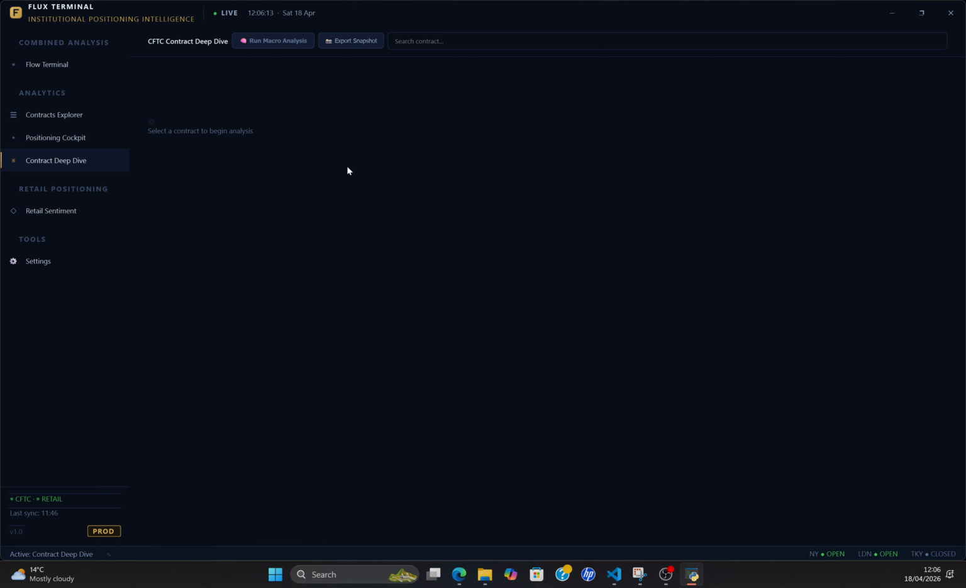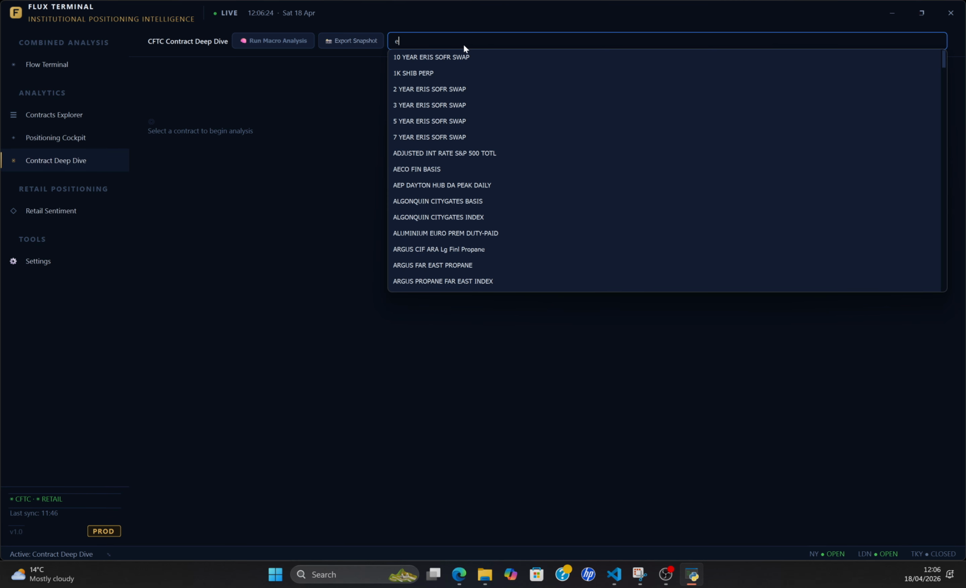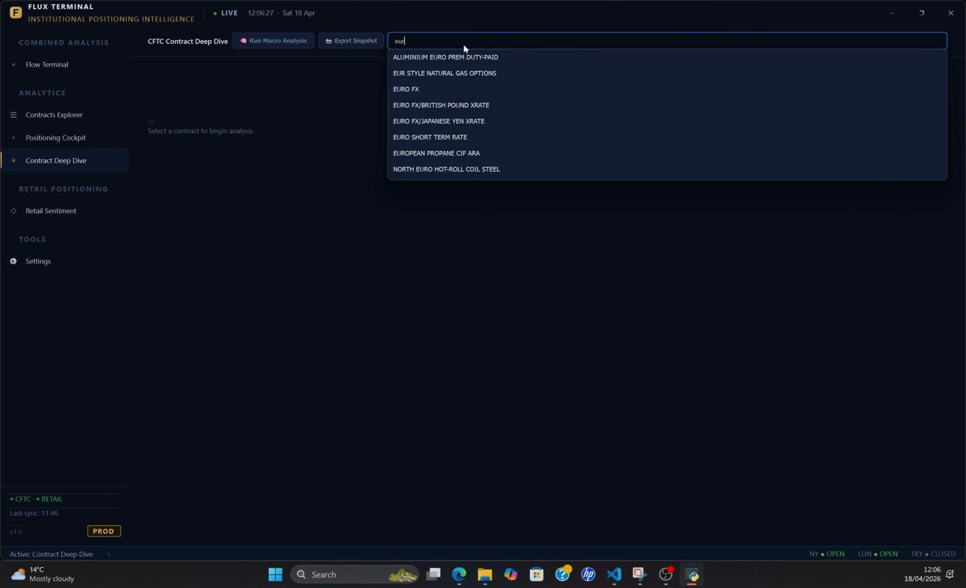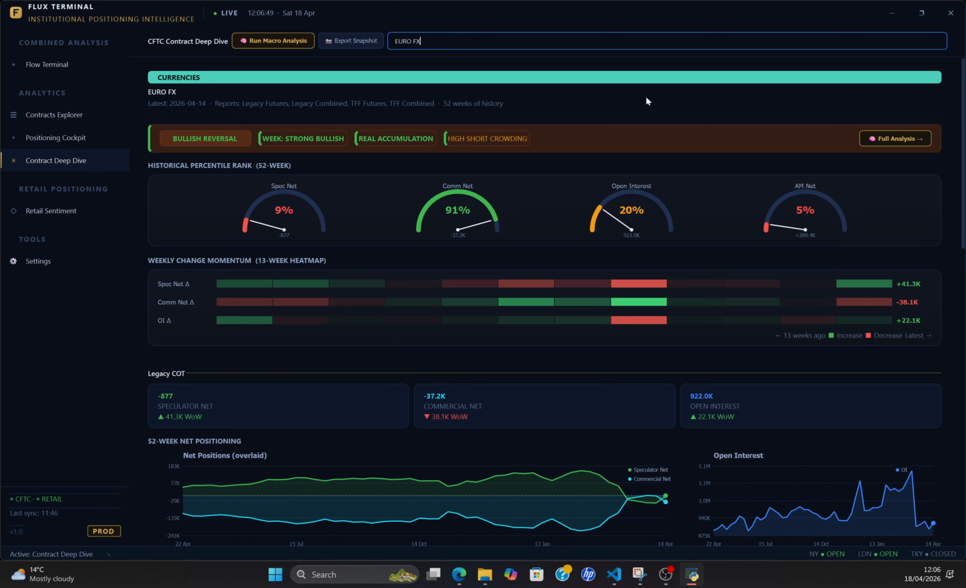So once you click it, it's empty by default. You have a search contract bar on top, so you can basically just type any words. Let's say just type euro, and it brings you all the related euro contracts. We want to look at Euro FX, Euro FX versus British pound rates, or versus Japanese yen. Let's look at euro. Once you click on euro, the tab will be updated